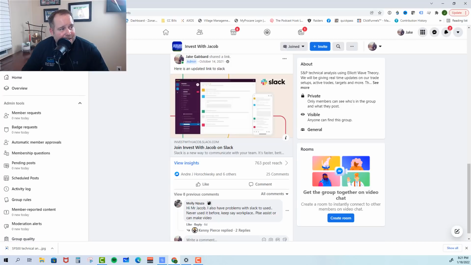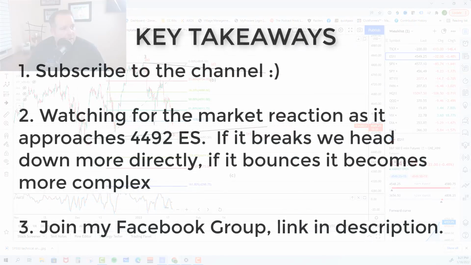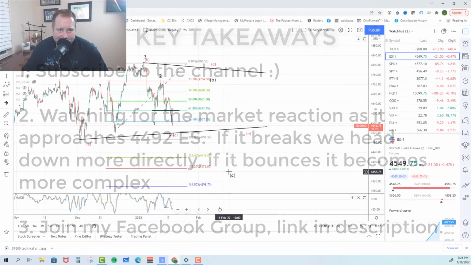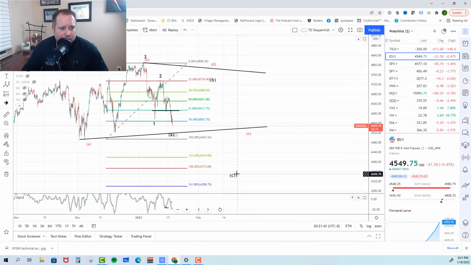Okay, guys, key takeaways for today. We were watching this 44.92 low. Should that low break, we are in the more direct route down to that 4300 area, 4350, 4300 for C, and then we would look for the start of the new wave back up from there. If they cannot break this 44.92 low in this move down, and we start to see a pretty strong bounce, then it becomes much more likely that we're in this B or D